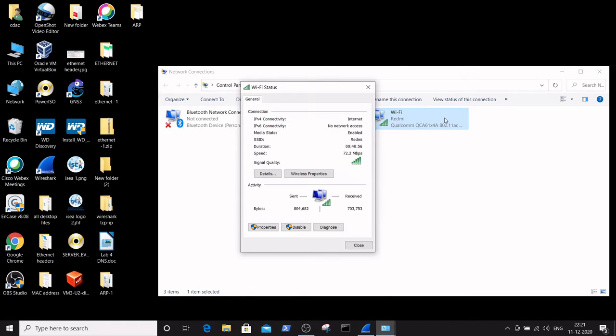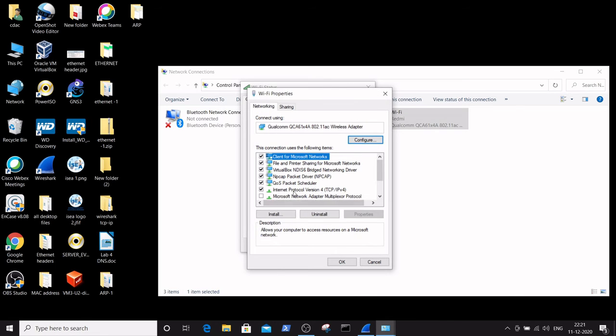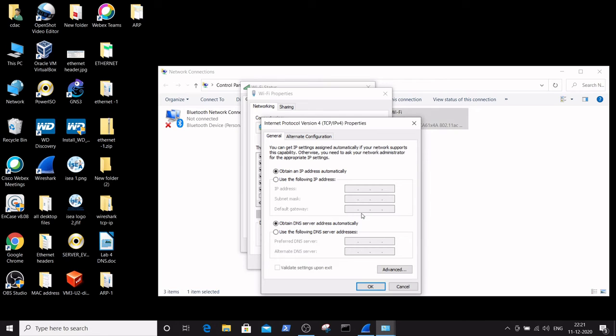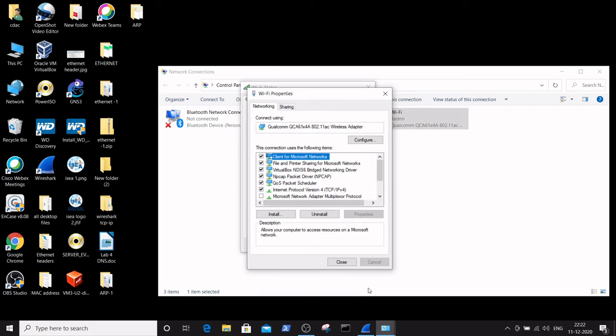Click on this Wi-Fi, then go to properties. Then go to Internet Protocol Version, then properties. You can see here that DHCP is enabled. How can we analyze it? Obtain an IP address automatically is selected. By this we can analyze that DHCP is enabled. Then click on OK.